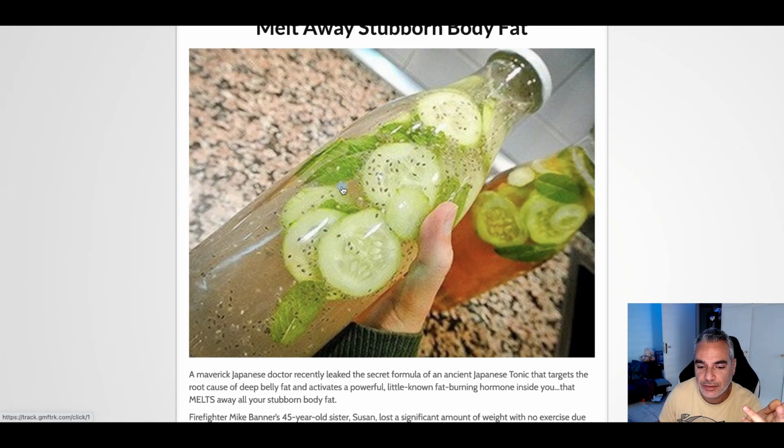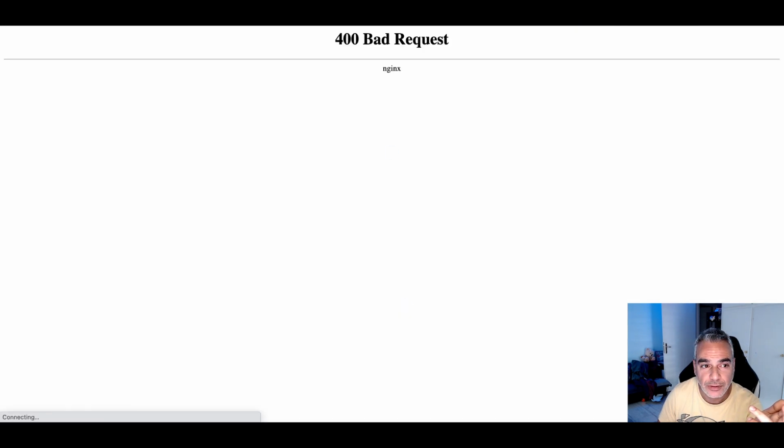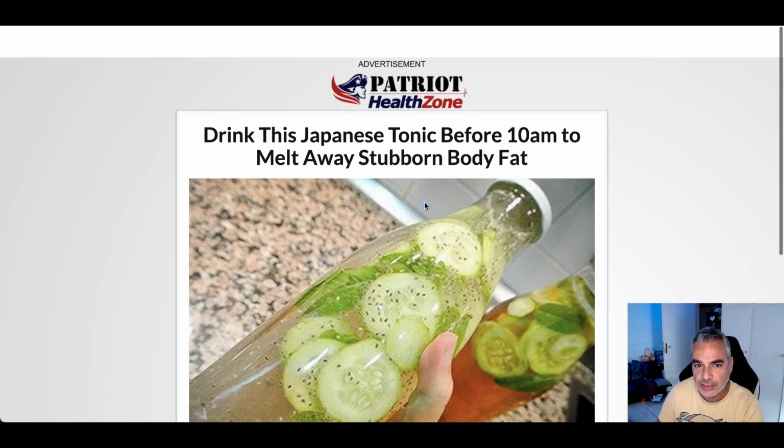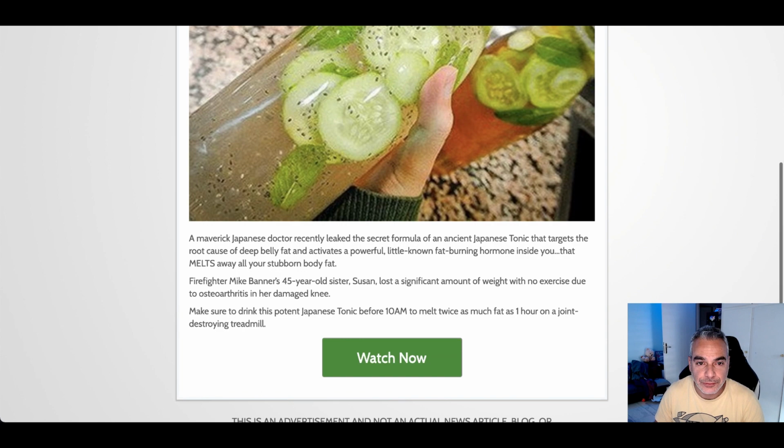Okay, this is the lander. See that? Now, let me check the offer. I can't check the offer because they're using a tracking tool. But basically, this is the Okinawa one. Okay, so from here, what I can do now